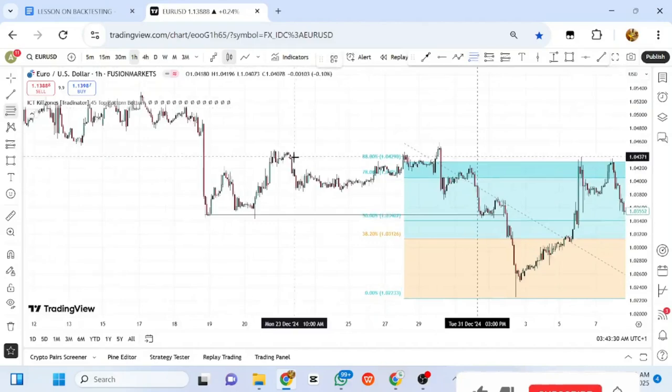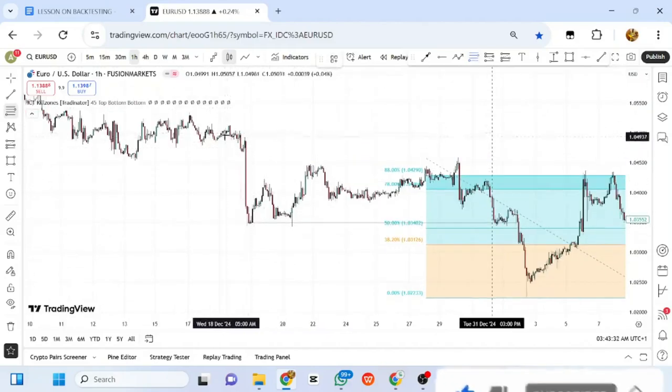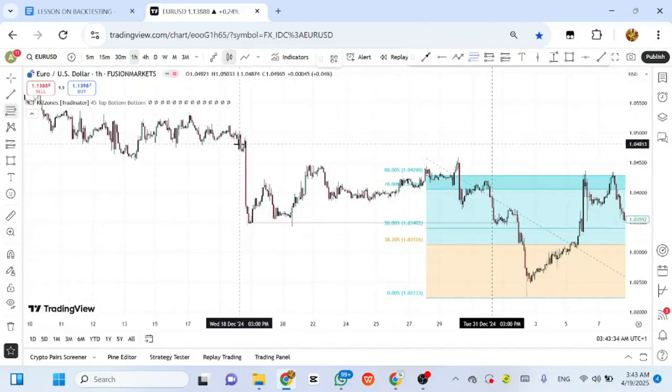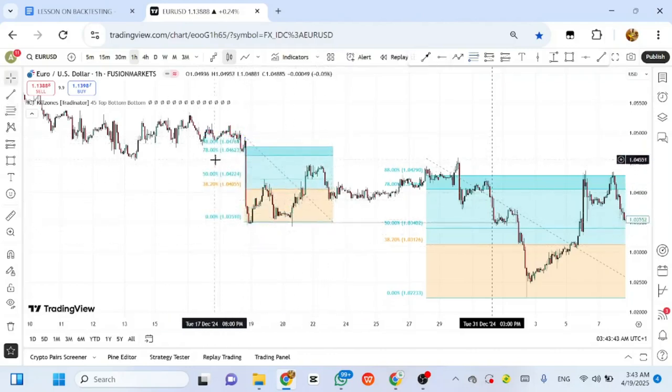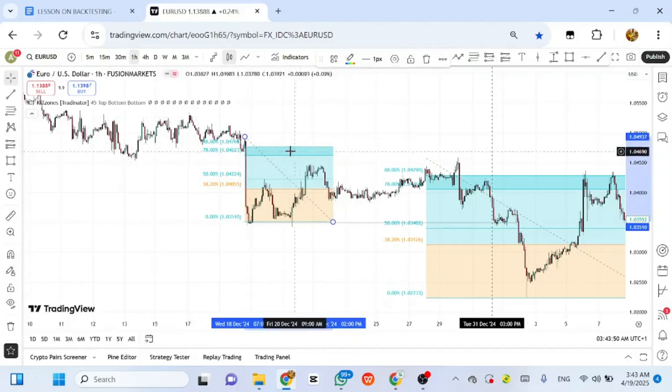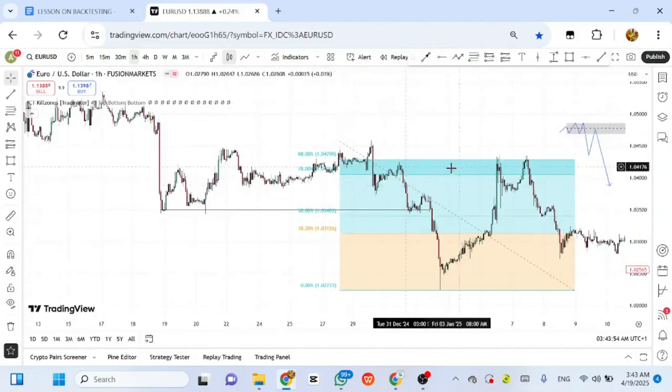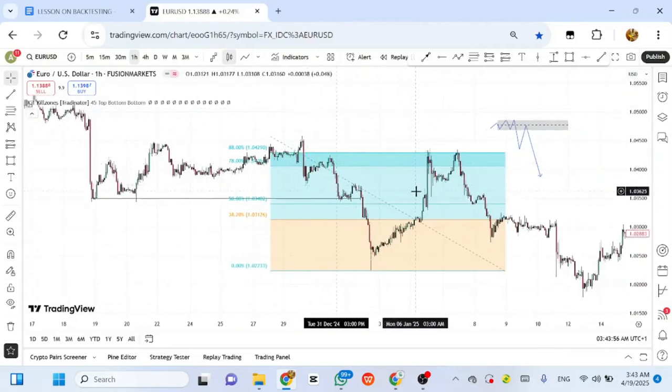So which high are you seeing now? You can say, okay, market accumulated at this point and then it broke out. So let me just use this candle's high and low. So this is 78% and this is 88%. You see, market never came into my zone, so I would not have taken this trade, period. So this one interests me now. So I'll just mark this, and I'll allow price to do the correction back up.